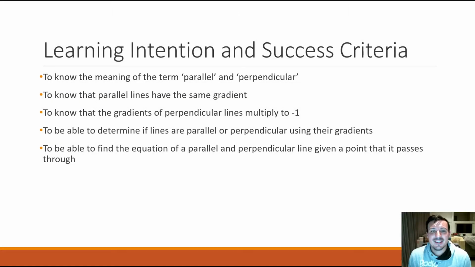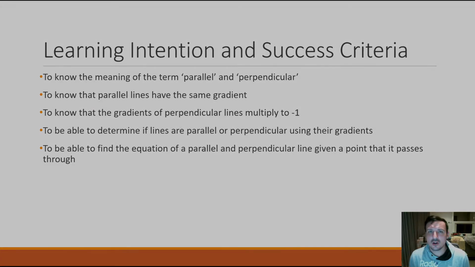So the aim for today is to go over the 5 things here. To know the meaning of the term parallel and perpendicular, to know that parallel lines have the same gradient, to know that gradients of perpendicular lines multiply to equal -1, to be able to determine if lines are parallel or perpendicular using their gradients, and finally to be able to use their equation to find the equation of another line that is either parallel or perpendicular